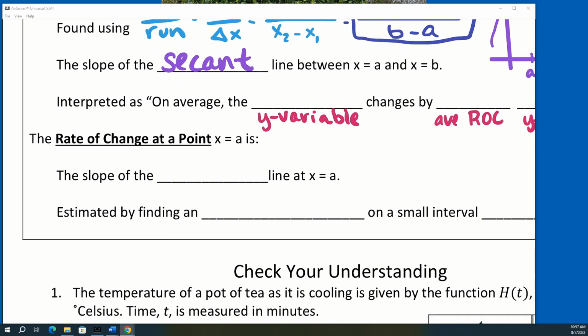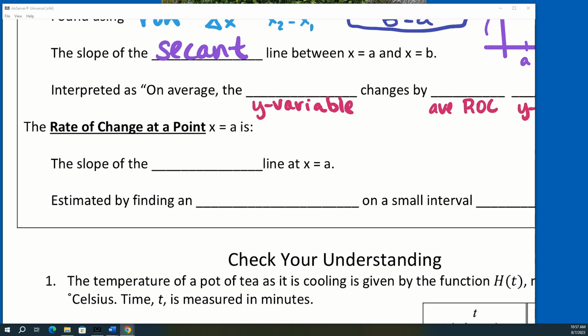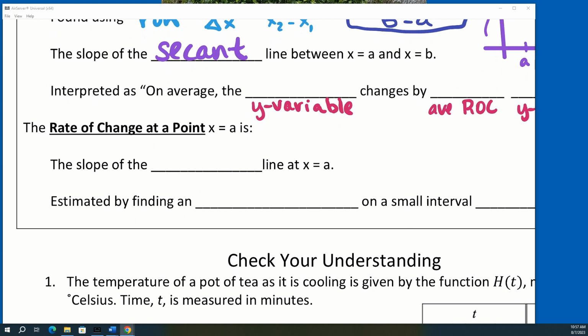Now the other type is going to be the rate of change at a point. Now I looked through the standards for Unit 1, and they always call it this way. In calculus, we call it something else. So I'm going to tell you what that is. I feel like on our tests, it's not going to be worded that way, but in case you hear me say it, I want you to know that the rate of change at a point is also known as the instantaneous, whoops, let me spell it right. The instantaneous, that's a U,